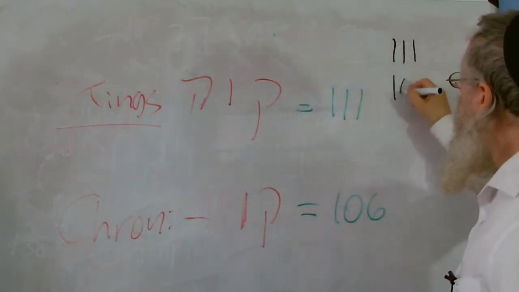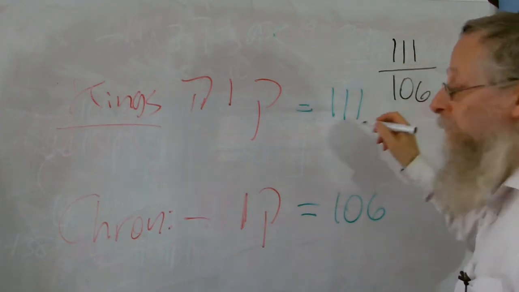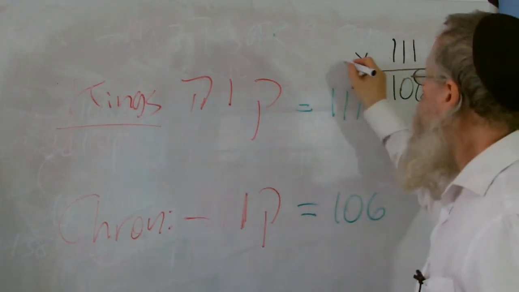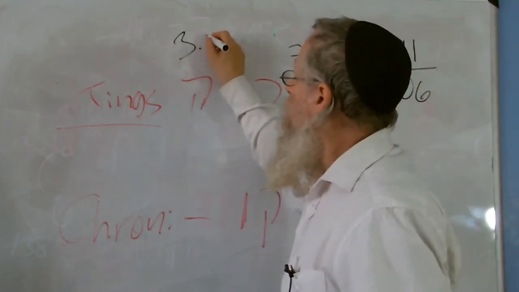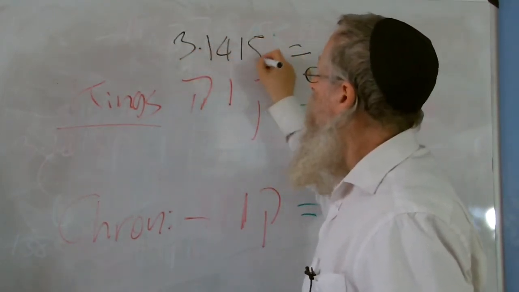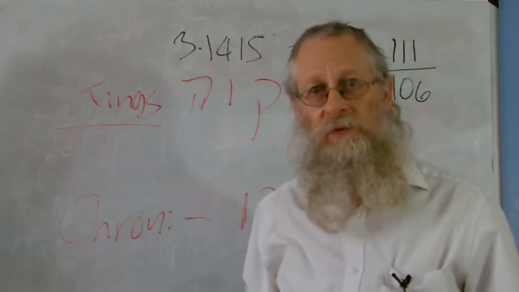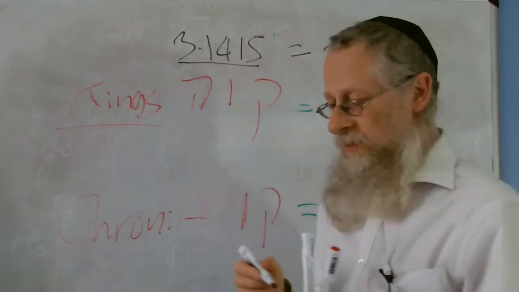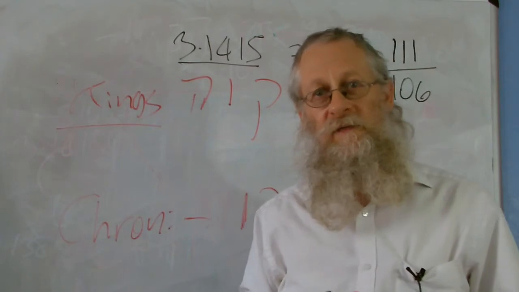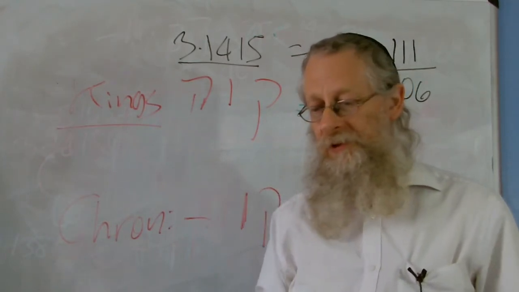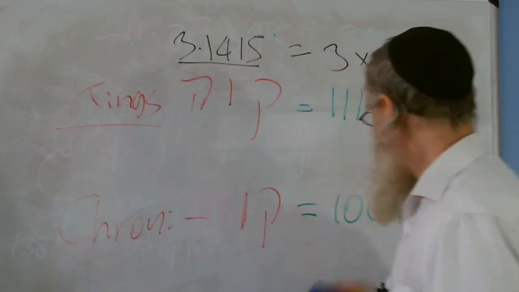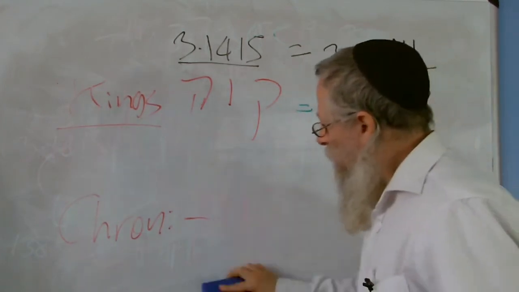111, if I divide it by 106, and then multiply it by 3, I will get 3.1415 and a few other digits afterwards. And if you ignore the others, you get 4 decimal places, which is even more accurate. Now I'll show you where this is in the story, in the creation, because this is my idea,